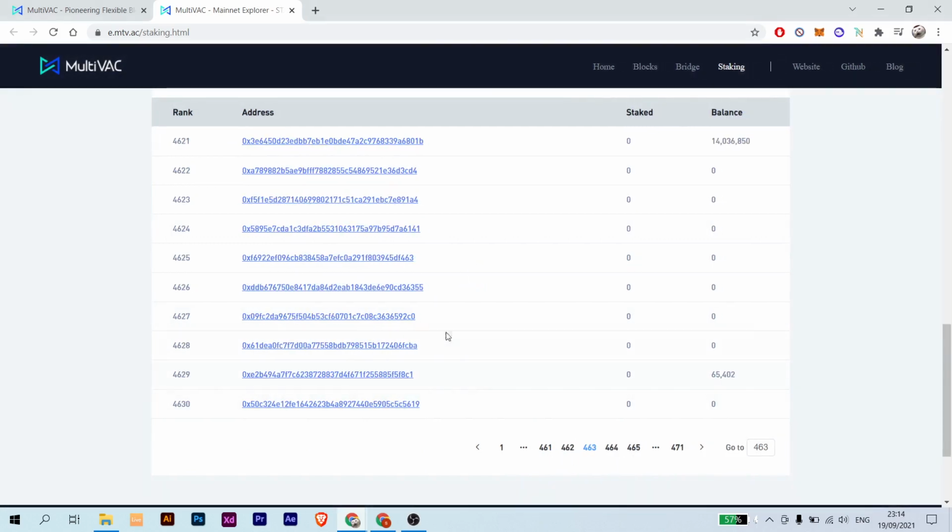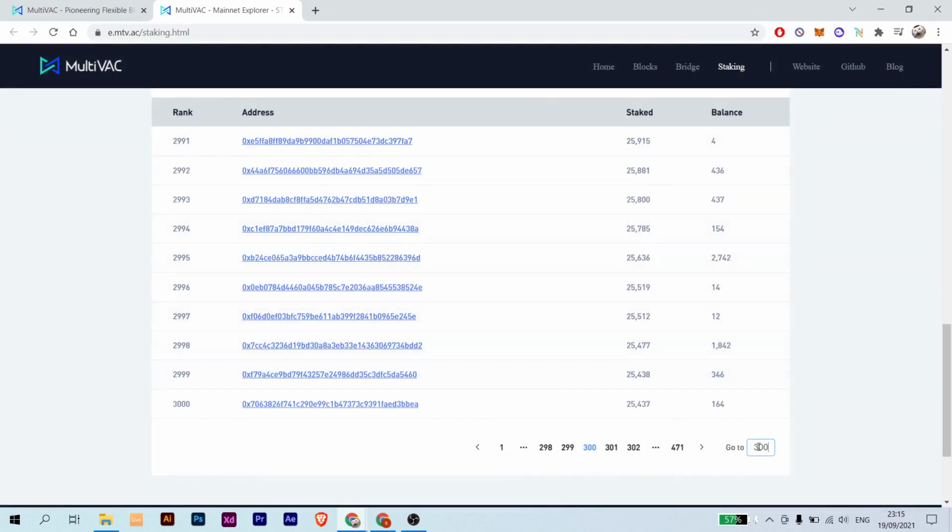Then you have to compare your address in the list so you can make sure that you have staked successfully. In this case here we're still on zeros, so let's say 400 if you want to make it easier to get to the staked number that you are looking for. So 400 and click enter, and we are still in hundreds, so we need to get to thousands. So let's do 300, and now we are on